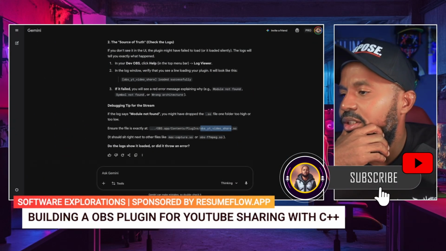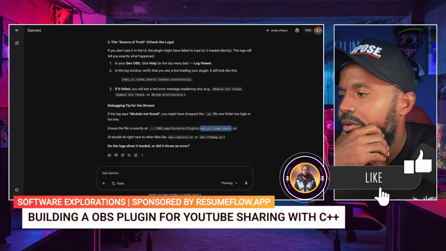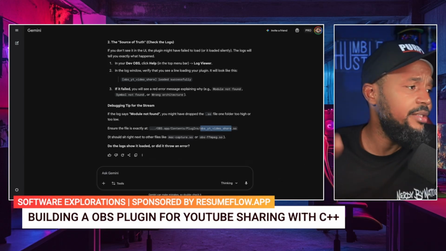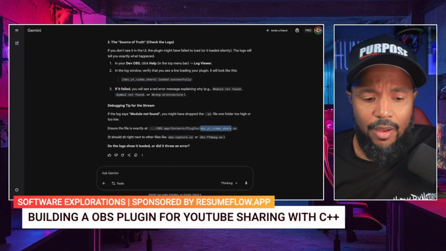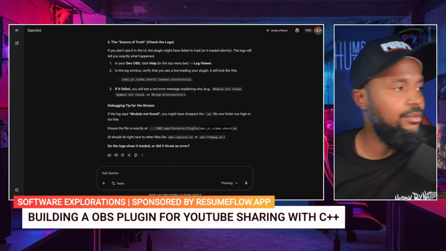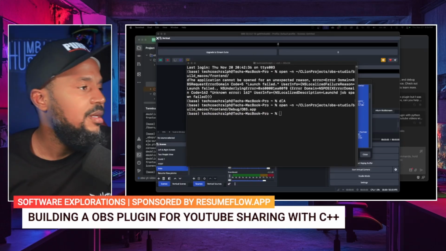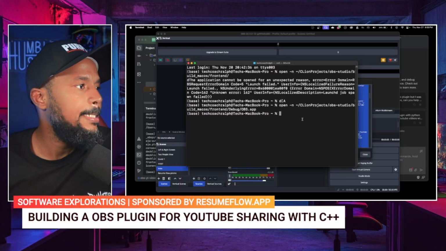They said that we should see that the plugin would be in between. So let's make sure that we put it in the right folder, because I'm pretty sure that we did, right? But if we go to here and we do